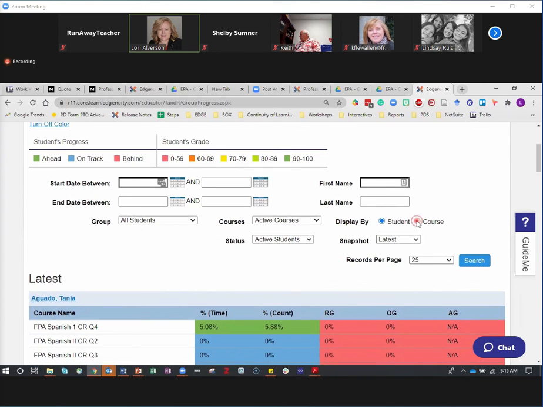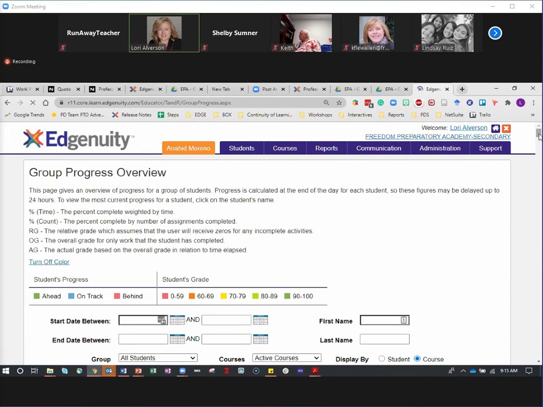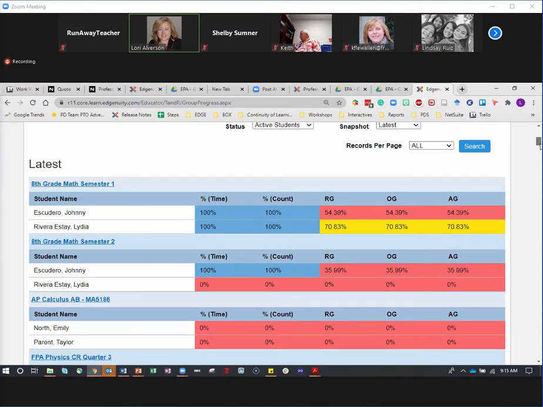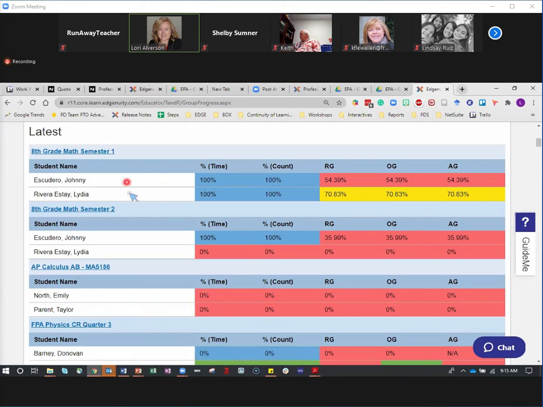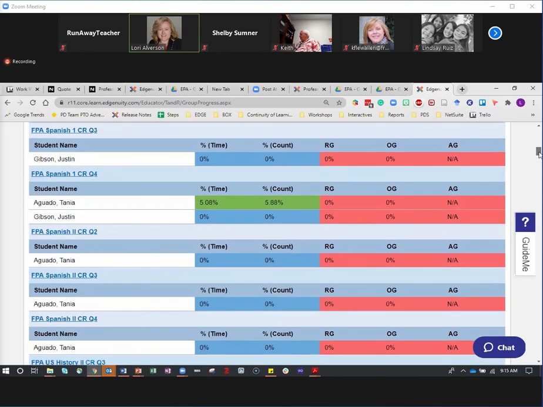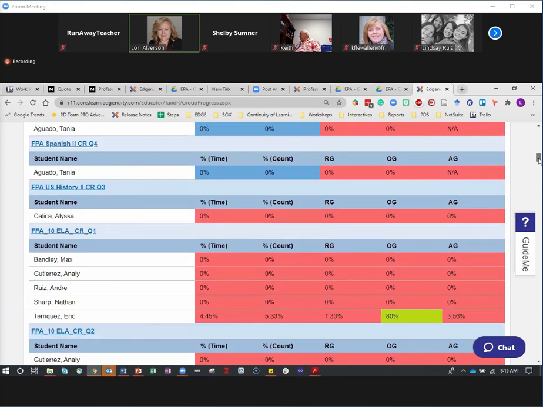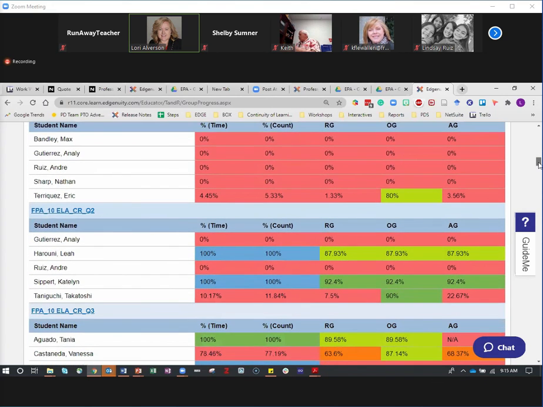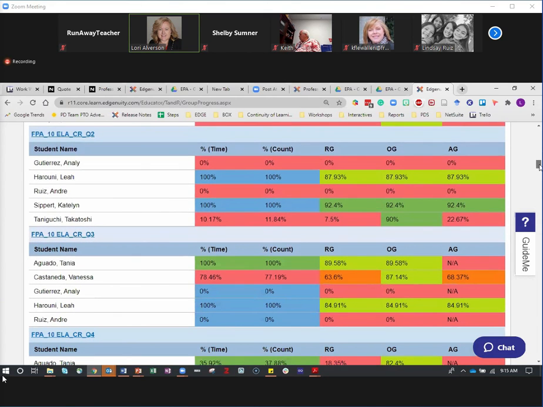Now for school-wide data, it's nice to go by course because you can see if students are struggling with any specific course. You can see how many students are in each course. So once you do your archiving, all of these will be a little bit cleaned up. All these zeros will probably be gone. It gives you an idea, like